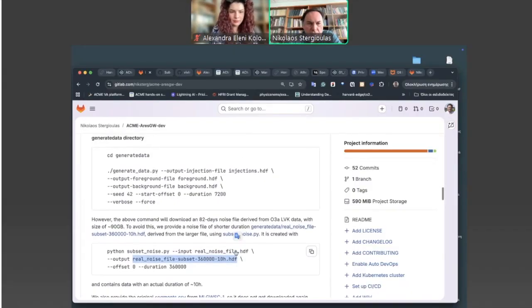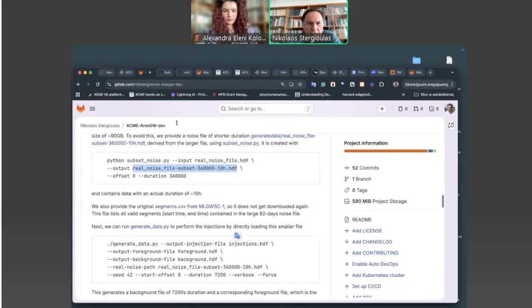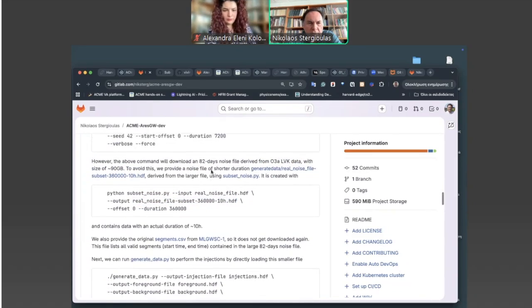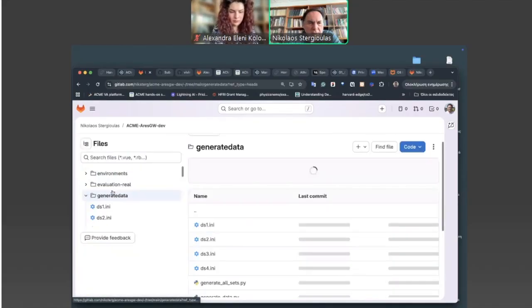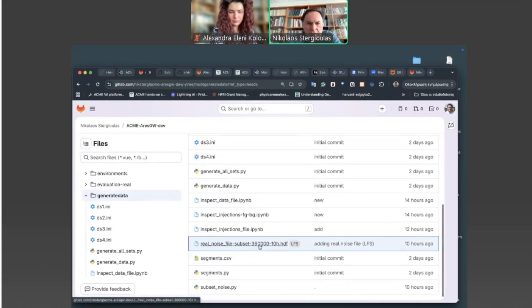Right now we don't need to issue these commands because this is already done, and this file is provided in the directory here in general data. You can see it's this file, and with LFS enabled, you can download it.